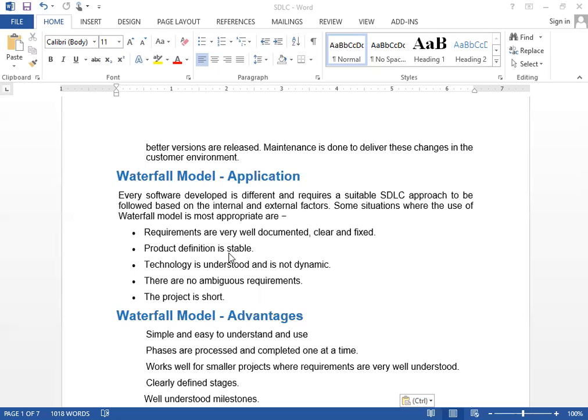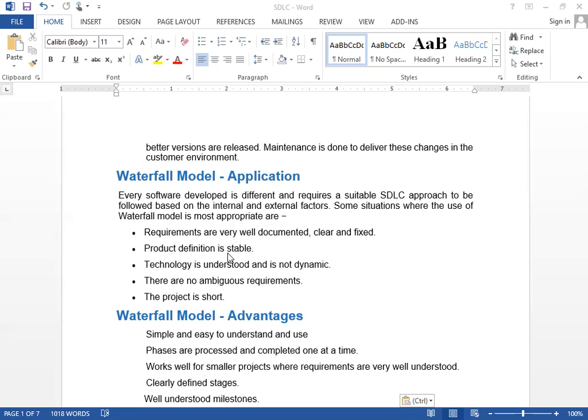The product definition is stable, so what requirements or functionality the client or customer wants in the system must be stable. There is no modification in the system, otherwise the waterfall model fails. Next, the technology is understood and is not dynamic.